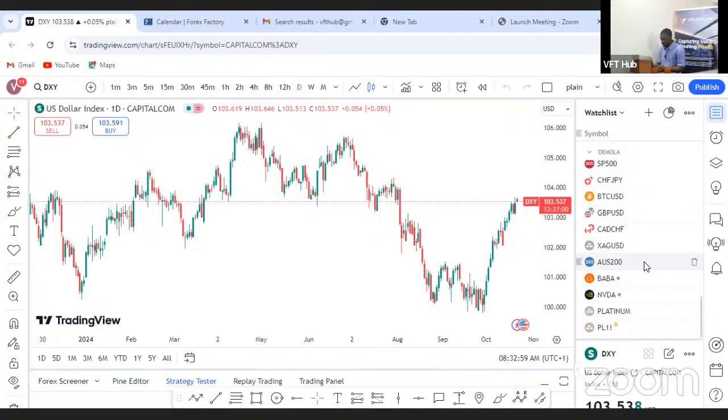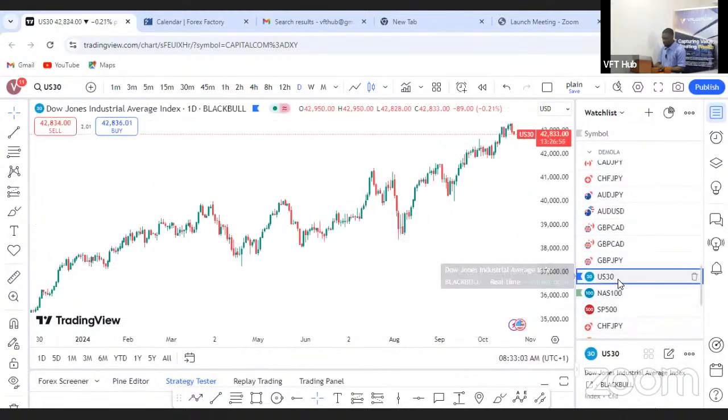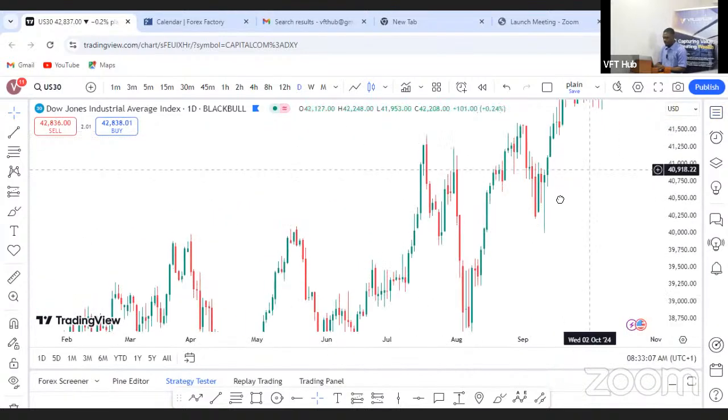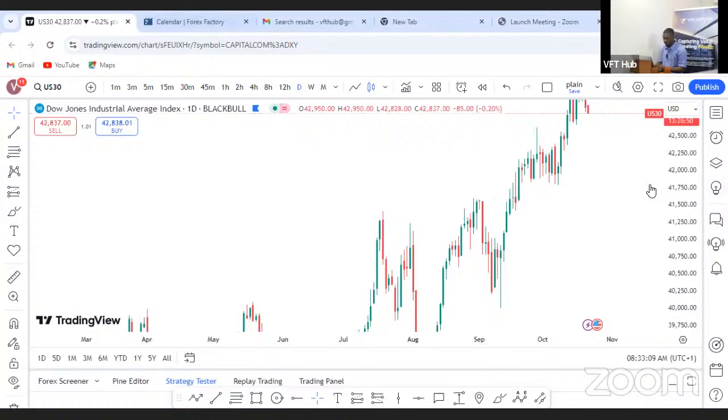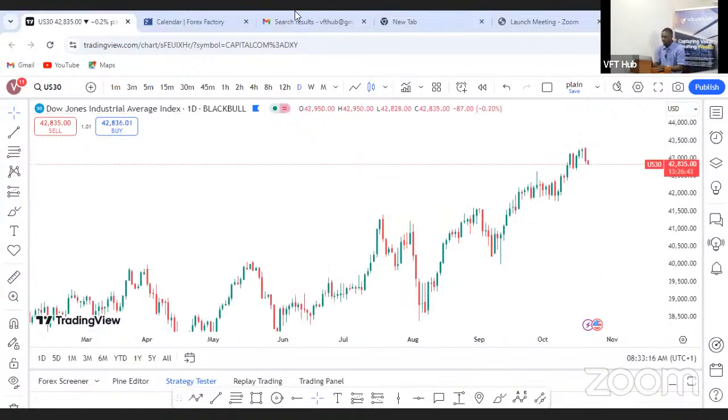Just let me know if you can see it so I can rectify the issue. Okay, thank you so much. So on US30, we are overall bullish in the daily time frame, and then